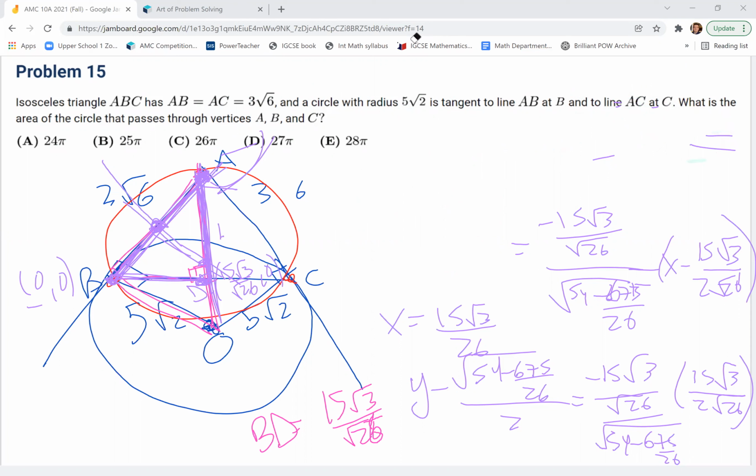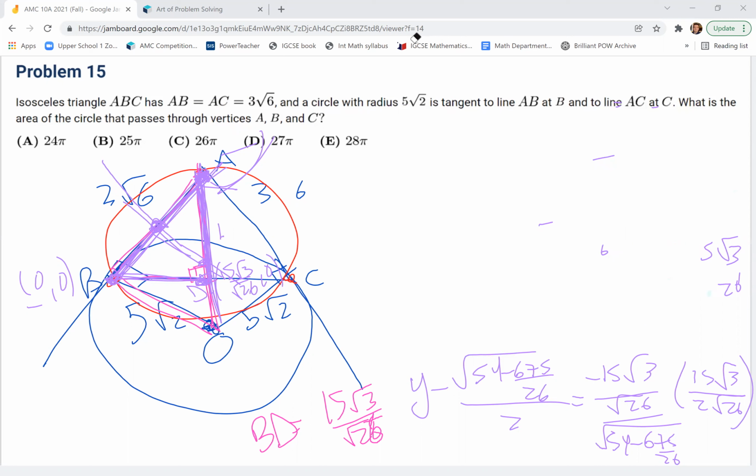Sorry, I have my notes, but I'm a little confused of what exactly I wrote here. So I'm just trying to figure out exactly what I did from this point. So what I did, okay, so let's see. All right, so it's going to be 15.3. So if I sort of simplify this, right, I'm going to get,